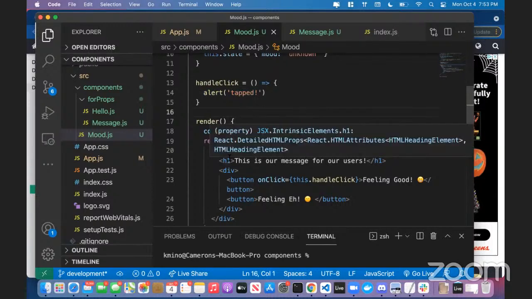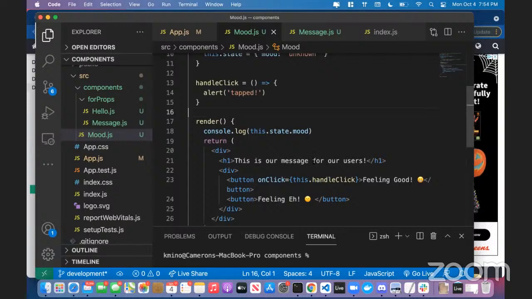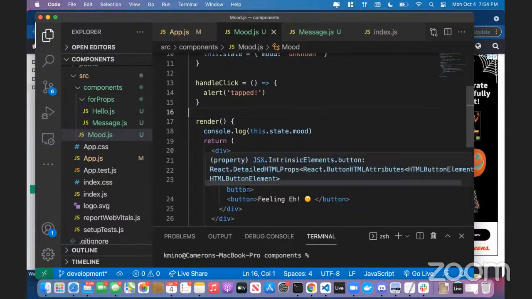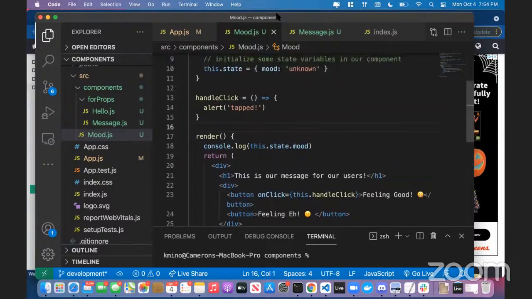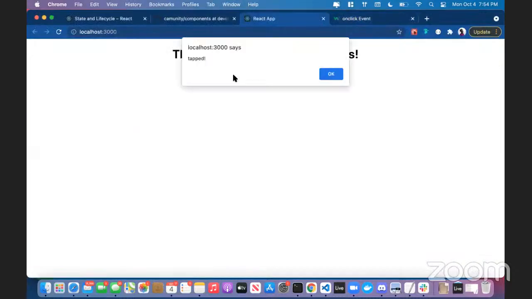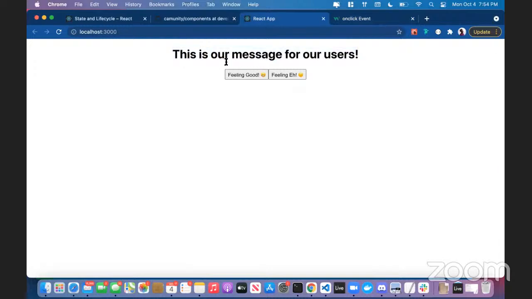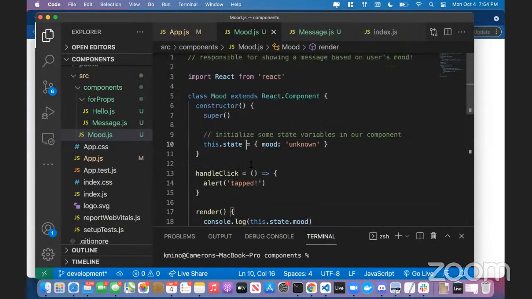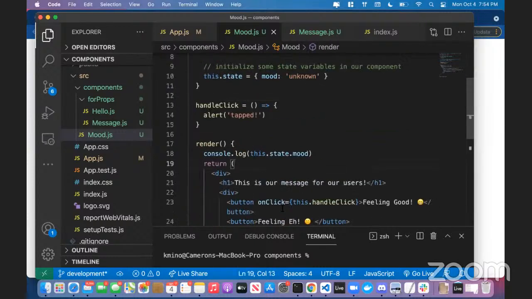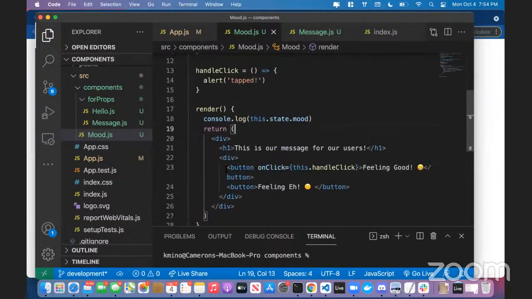So now that I know that this is working, I think that I'm in a good position to change some stuff around with how this application is going to work in general. So instead of showing this alert, maybe what I want to do is, when this button for feeling good gets pressed, we're going to change this message for our users. And this is going to come back to where we're going to start messing around with the state of our application. Right now, we're looking at the state of the app as unknown, but maybe what we want to do is change the state so that now we know, hey, this button just got clicked. The state should be saying feeling good or something, right? So